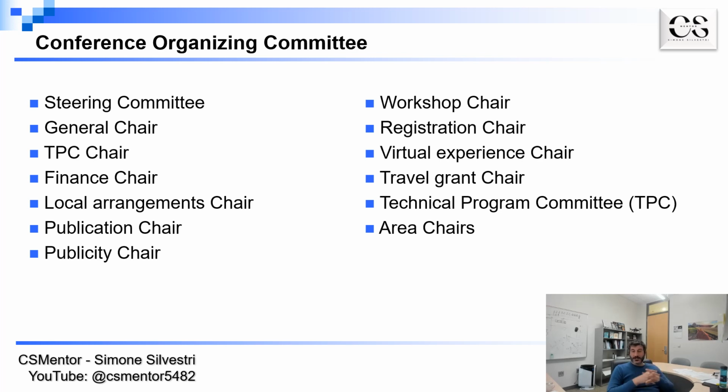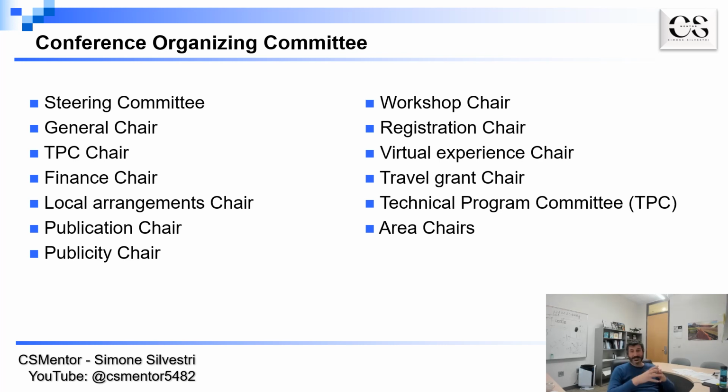So what is the structure of the organizing committee of a conference, and what does each of these persons actually do in order to make the conference possible? First of all, there is a lot of work that goes into the organization of a conference. At the top of this organizing structure, there is the steering committee, a group of people that somehow carry on the conference from year to year. Besides taking care of the quality of the conference and keeping it at a high standard, their main job is to select the general chair and the TPC chairs.